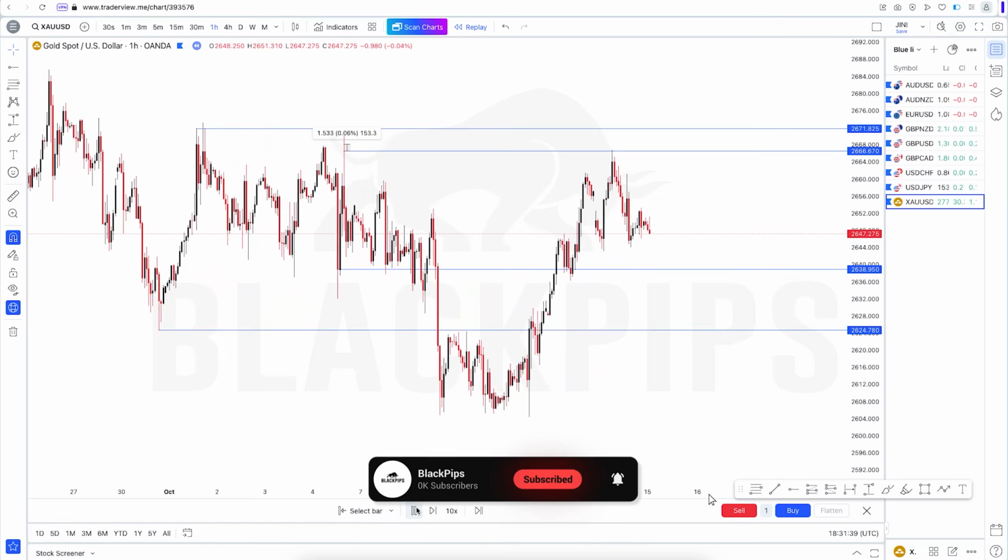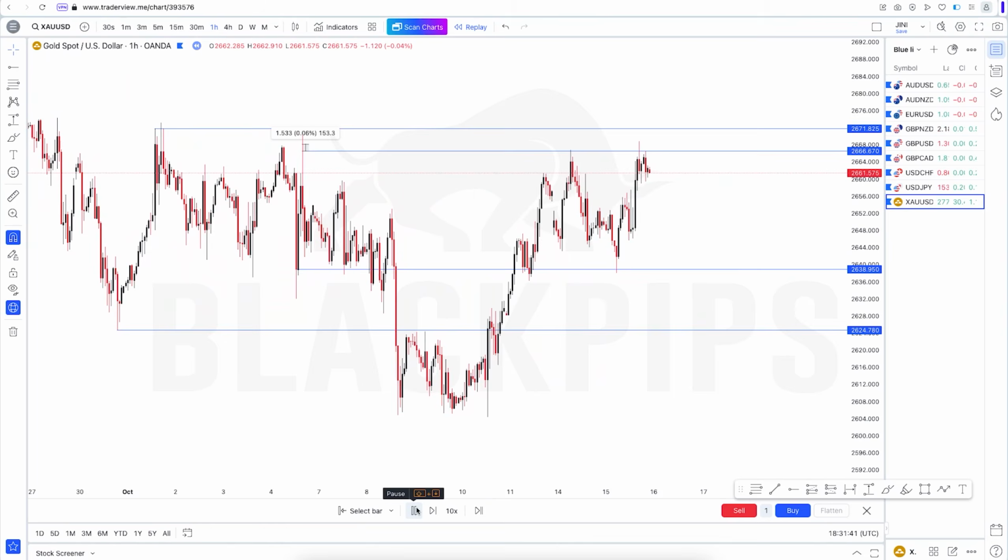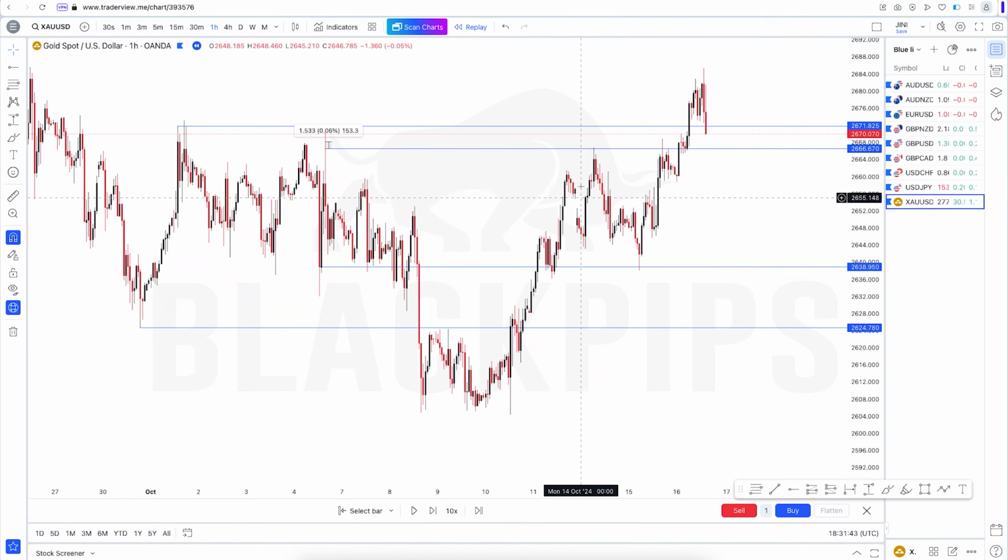As you can see, the market just came and activated my entry, and that is how we took this USD from this point, and it went about